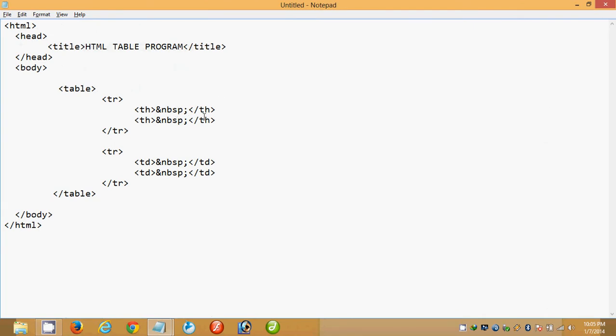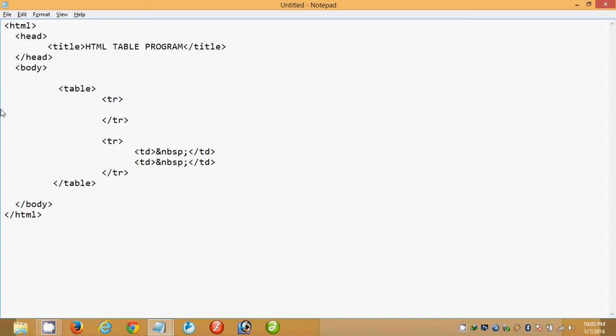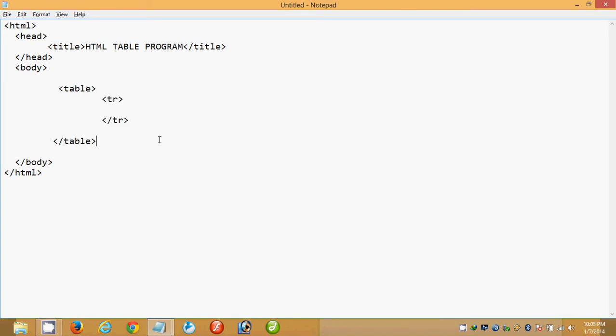Here I am deleting this one and deleting this one. First, I have created a table in which I have created a TR and TR closing. Means now the table has one row. In that one row, I am creating the first column.